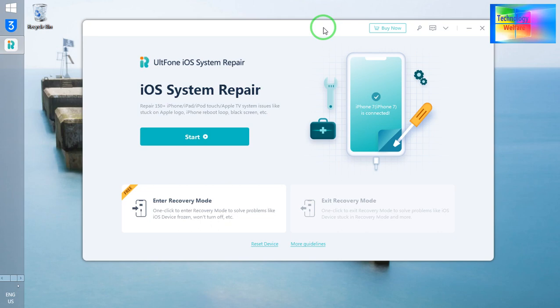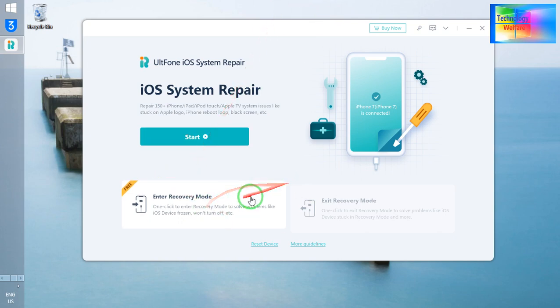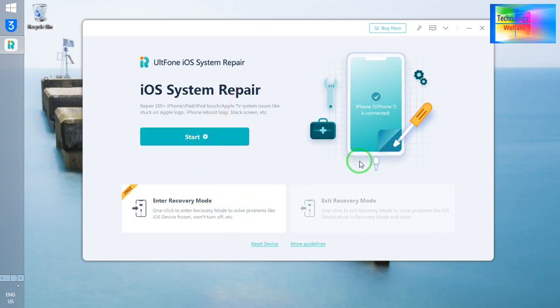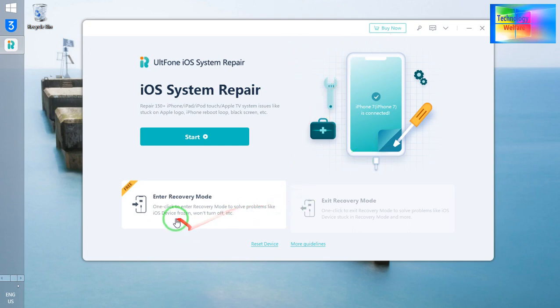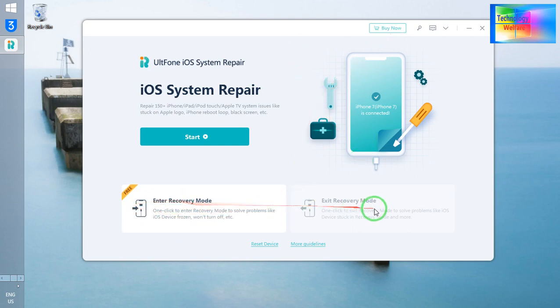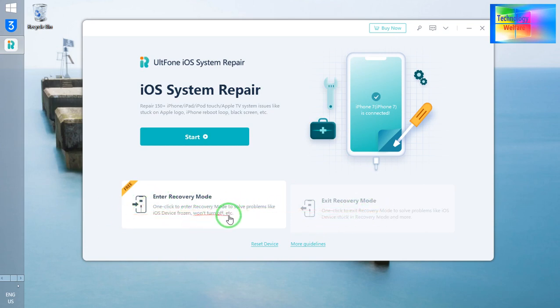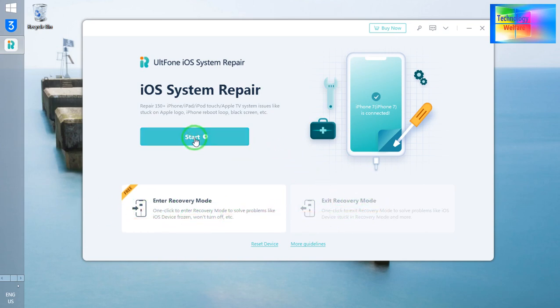Now see guys, at the moment I have connected an iPhone 7. If your device has been stuck in exit mode or DFU mode, then of course you can exit. If you would like to push your device into recovery or DFU mode, of course you can by pressing here. So exit mode and recovery mode, both we have, but here I will go for start